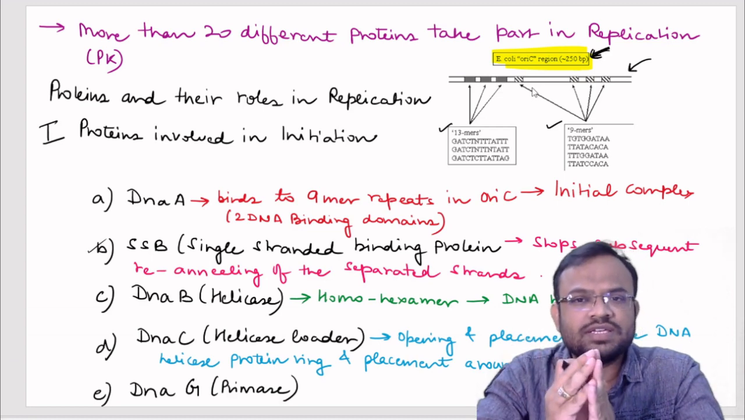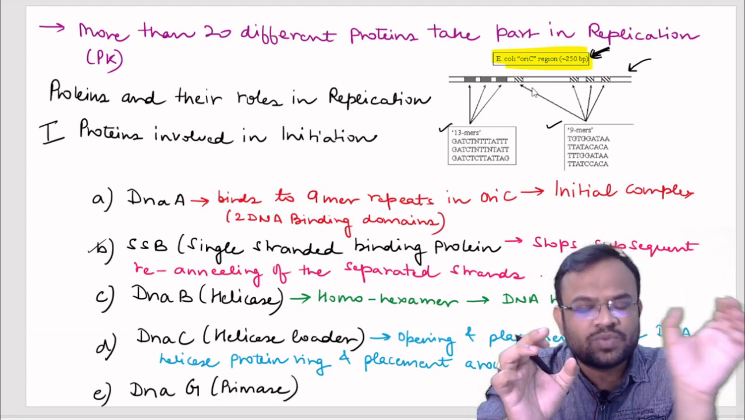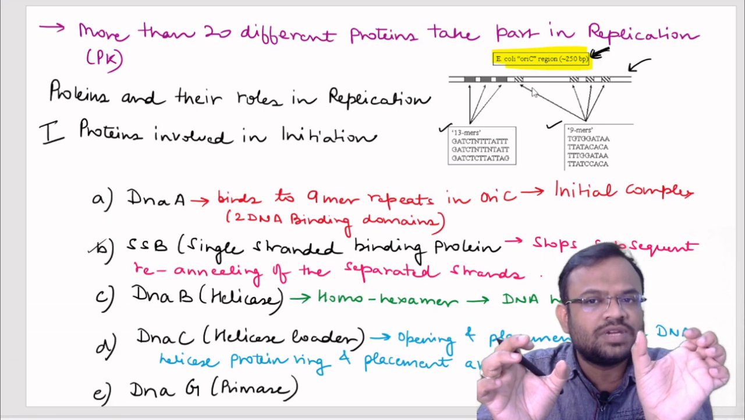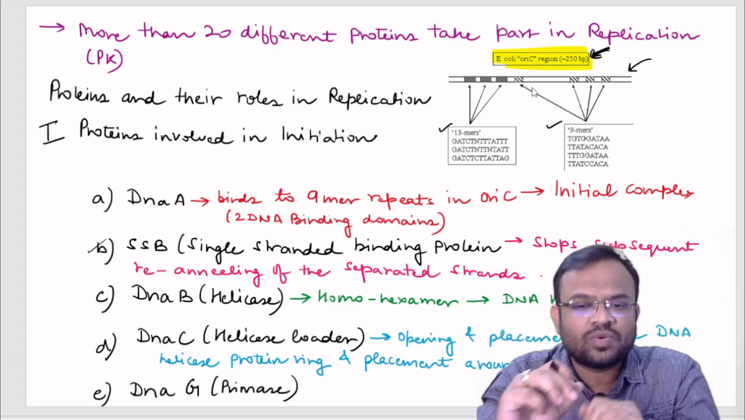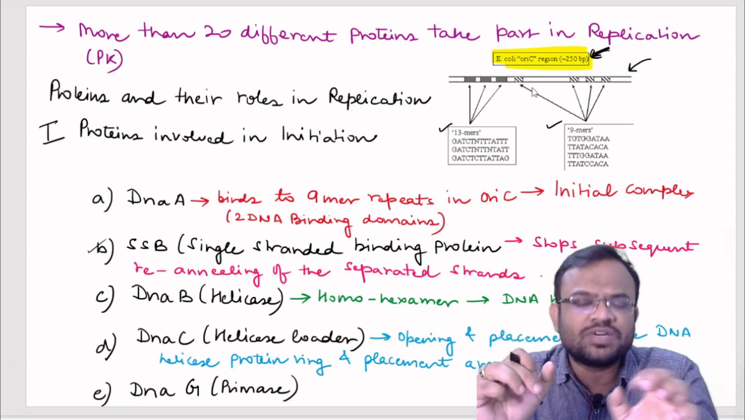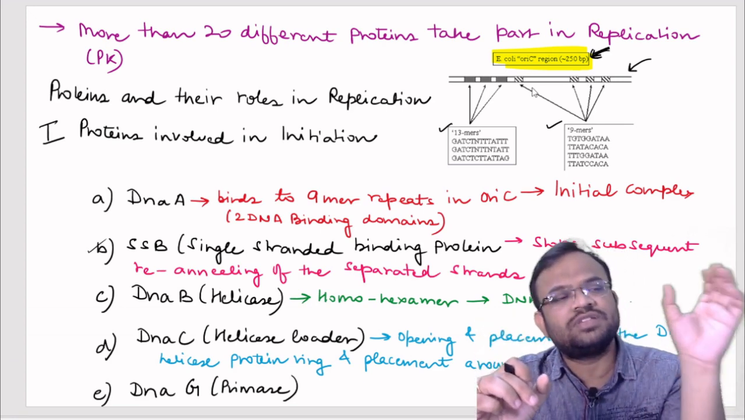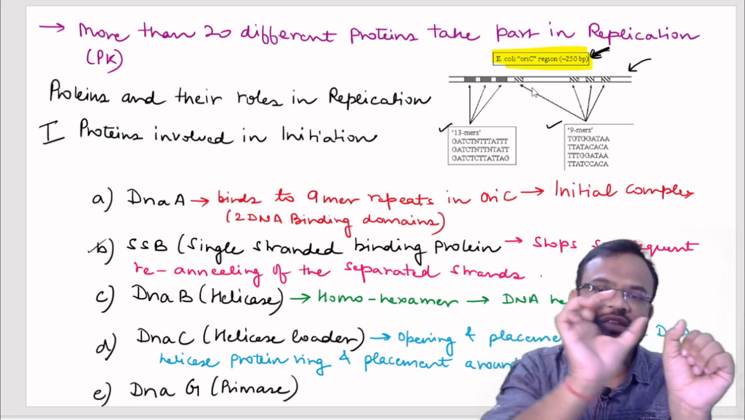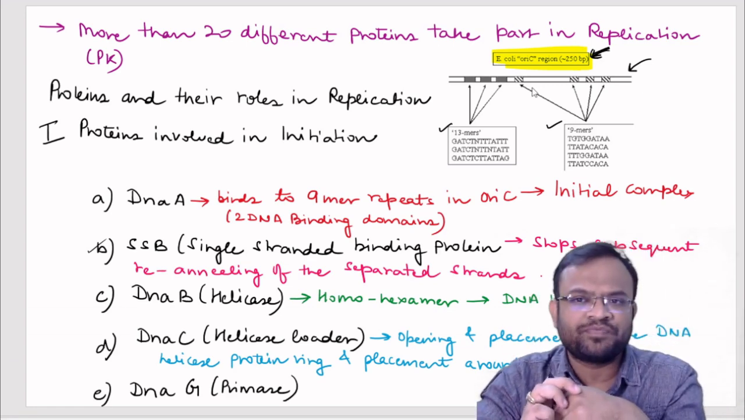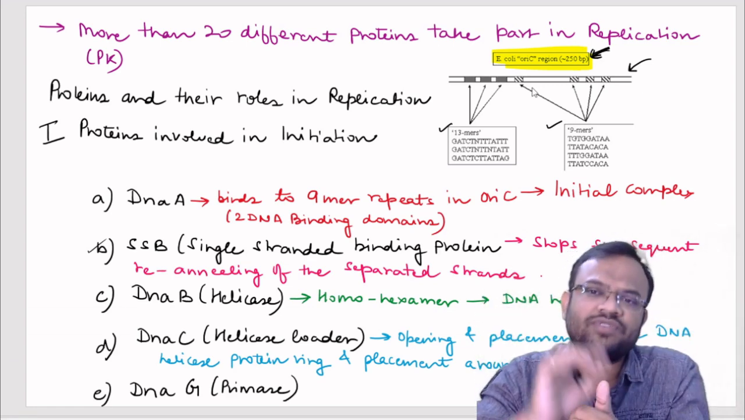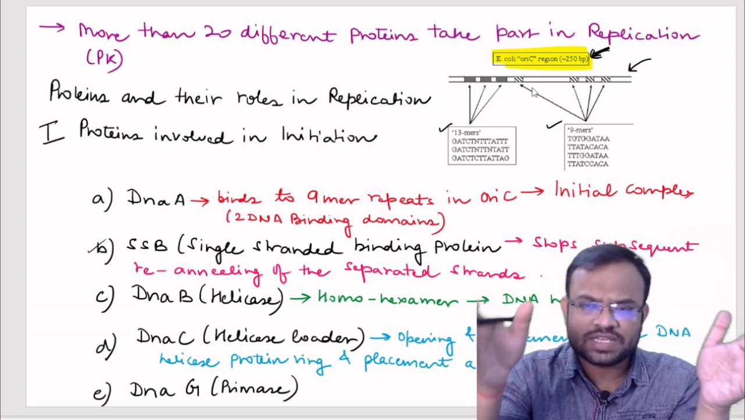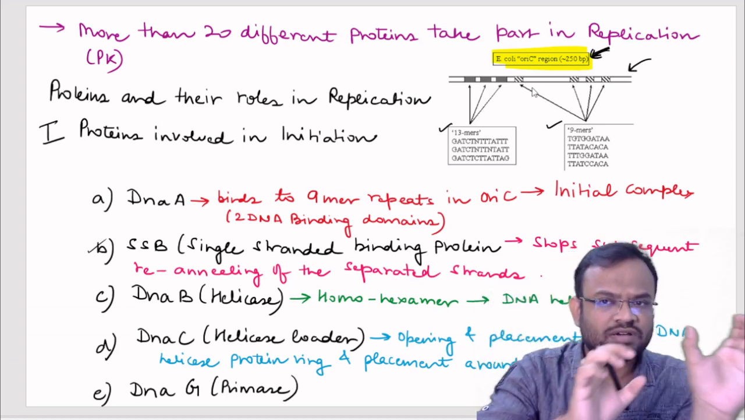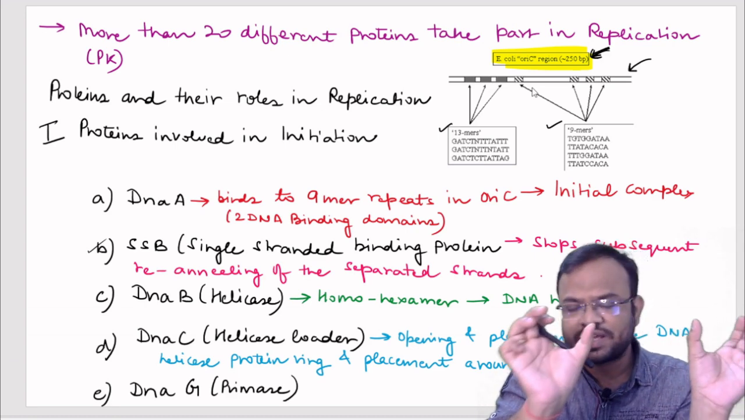One region has 13-mer repeats and the other region has 9-mer repeats. Now what does this mer mean? Mer actually means nucleotides. That means there is a 13-nucleotide repeat and a 9-nucleotide repeat. So this happens in the origin of replication only. The origin of replication is a place where 13 base pair repeats and 9 base pair repeats